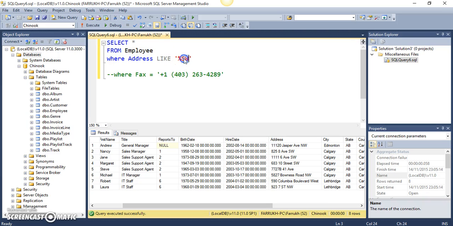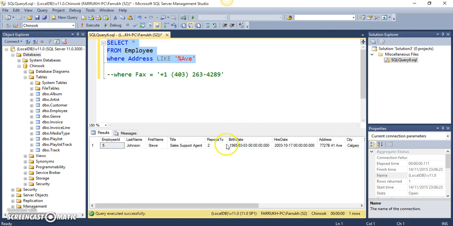So let's write AVE. And what we expect from this query is that it will return only one result, and that result would be this one, because over here you can see that the address ends at AVE. Now these 2 addresses also have AVE in the address, but they are in the middle. So let's just verify that by running the statement, and we can see that we have received one result. Now if I put a percentage sign at the very end, now this should return all 3